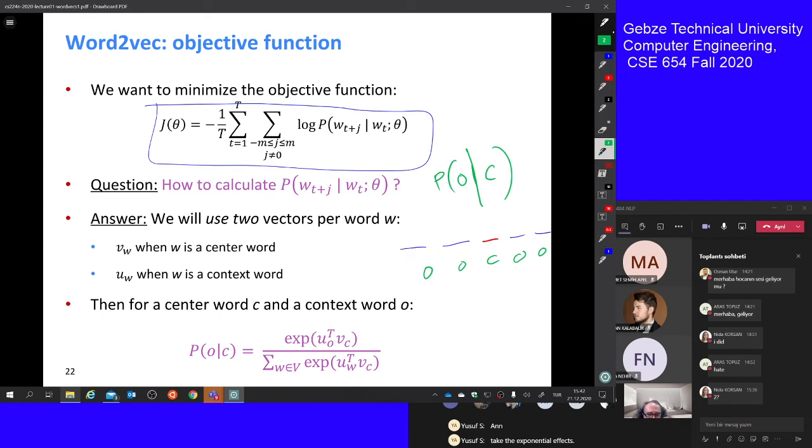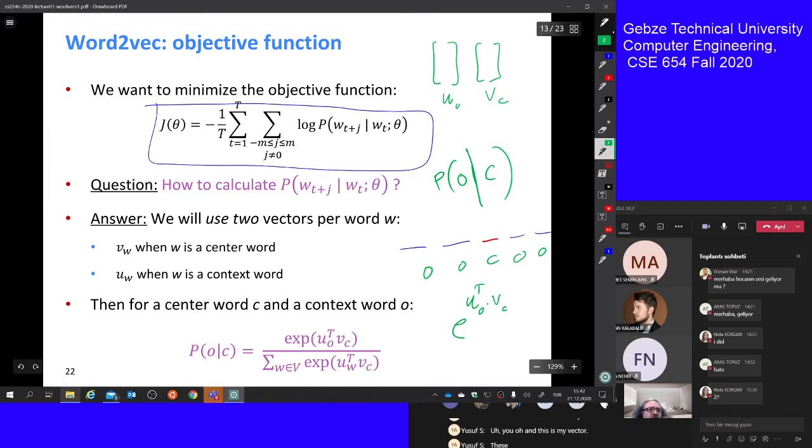So I take e to the power u_o transpose v_c. I take the transpose just to make a matrix multiplication. Let me draw it here. This is my vector u_o,